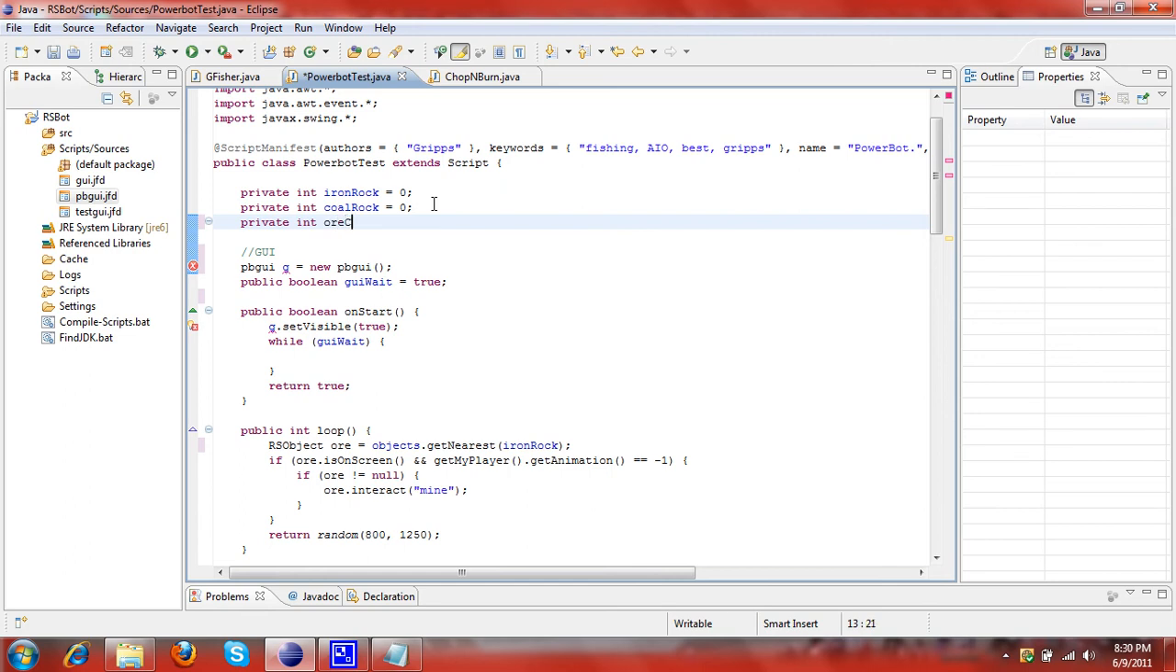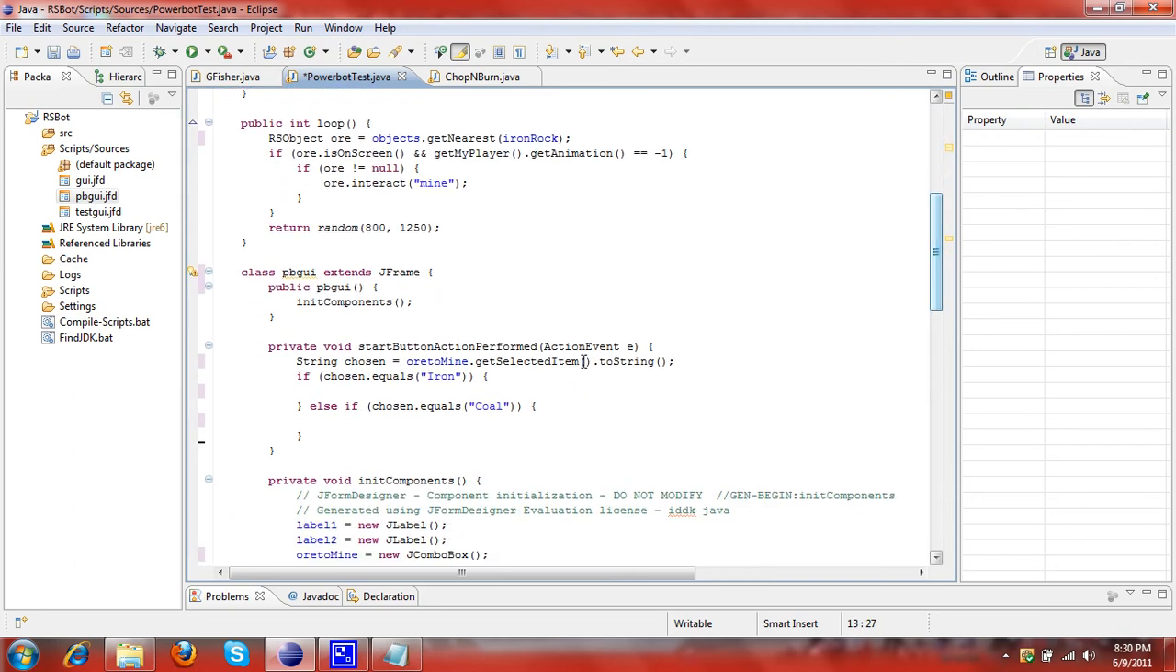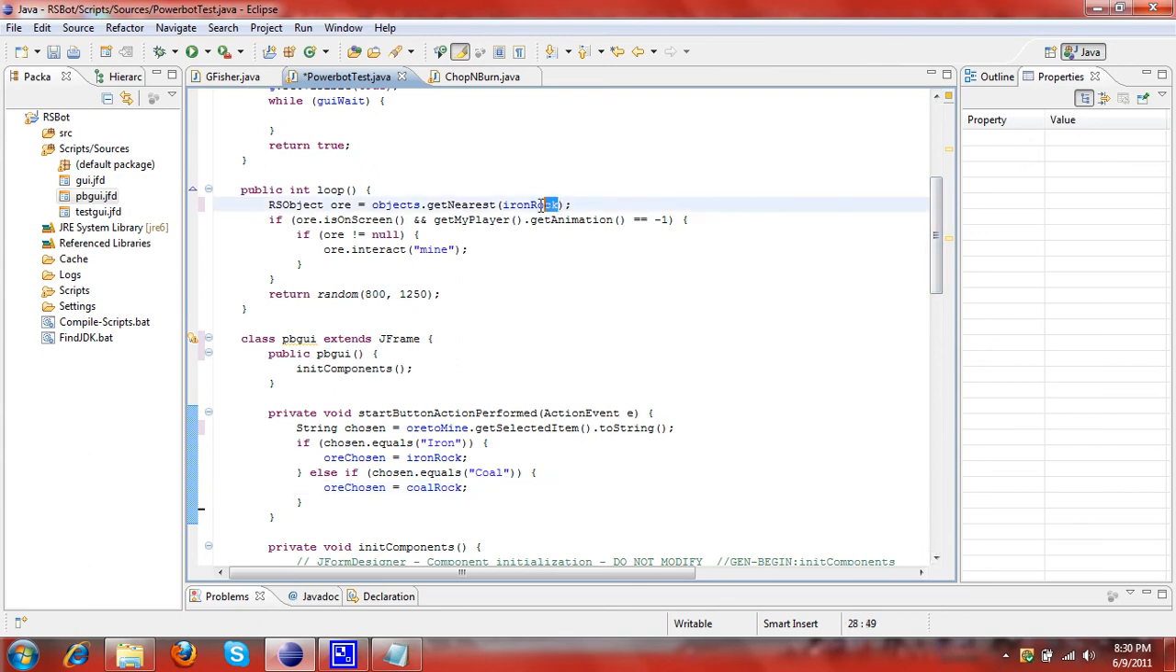ore chosen. I'm going to go back down there to our GUI, and right there do ore chosen equals iron rock, and then ore chosen equals coal rock. So now that we have that, we need to go to our mining method, and where we did